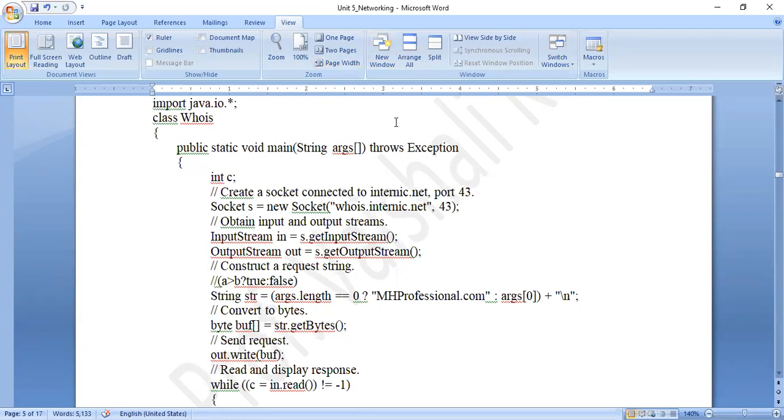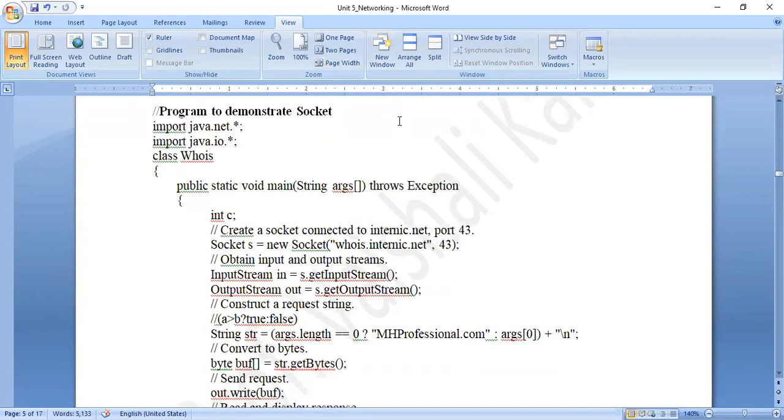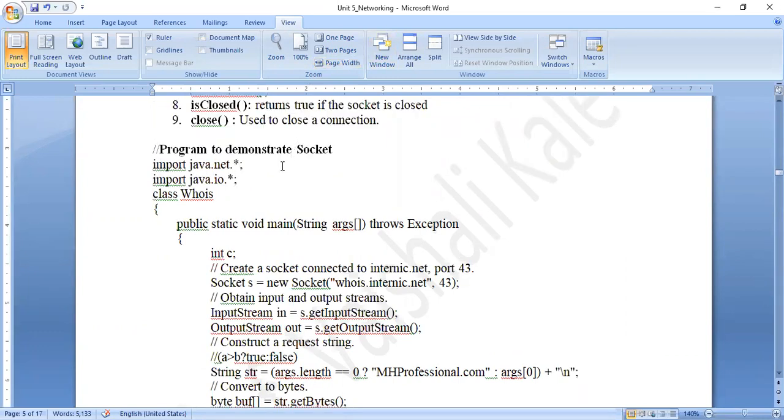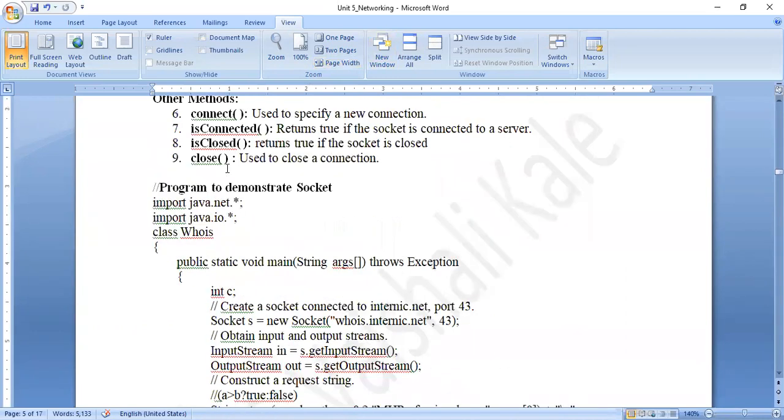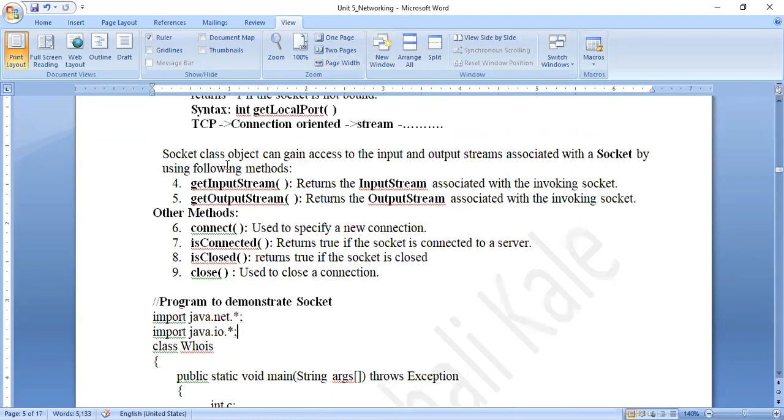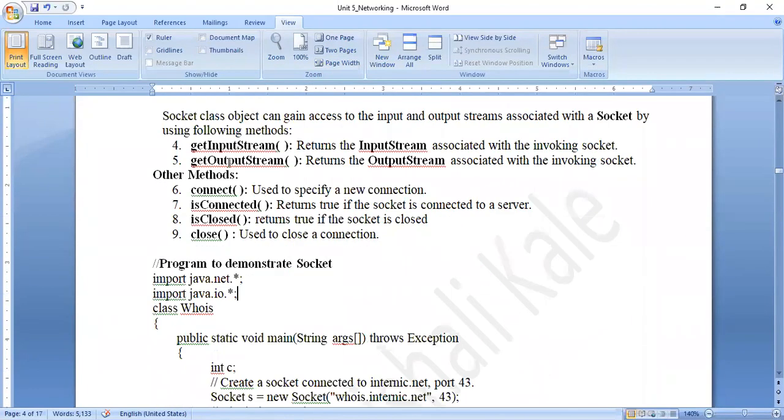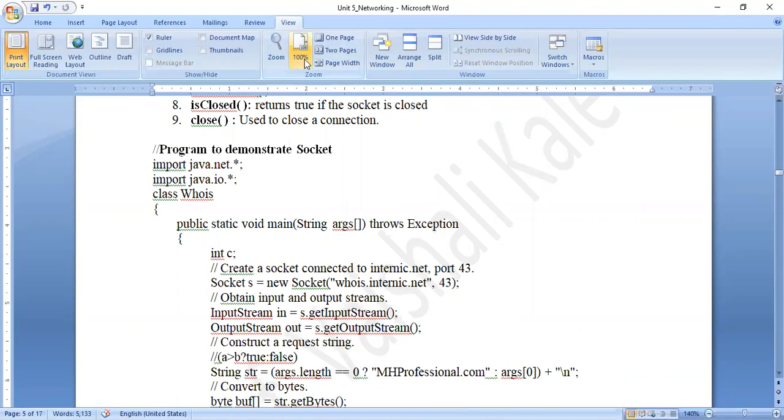Anyways, this program I have already sent you through notes. So read it once again. Anyway, practically this program is not important, but if you are asked to explain about the socket, you can write either this program or the next program. So let us stop here today. Tomorrow we will see the next journal program which you have already executed, client socket and the